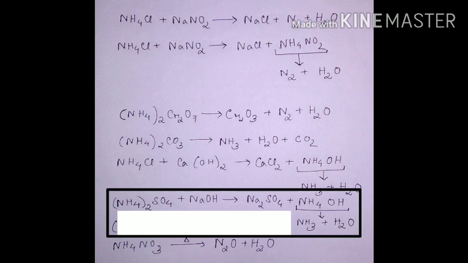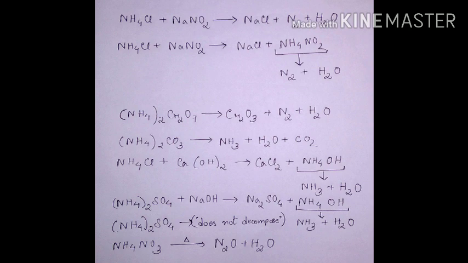Similarly, in the next reaction we can see that ammonium sulfate reacts with sodium hydroxide. At first it gives sodium sulfate and then ammonium hydroxide, which decomposes to ammonia and water. So you can see that these decomposition products are same for the decomposition of ammonium hydroxide in the previous reaction. Here we get a clue that the decomposition product, whether ammonia or nitrogen, depends on the ammonium compound. Initially we saw that ammonium nitrite decomposes to give nitrogen, but ammonium hydroxide here is decomposing to give ammonia. This is irrespective of the initial reactants.